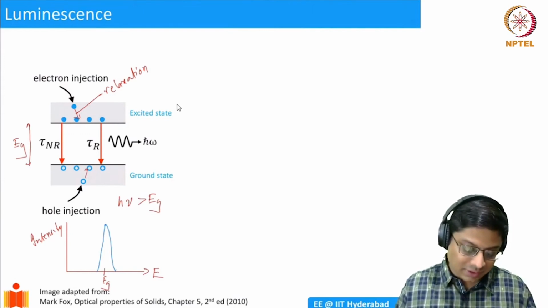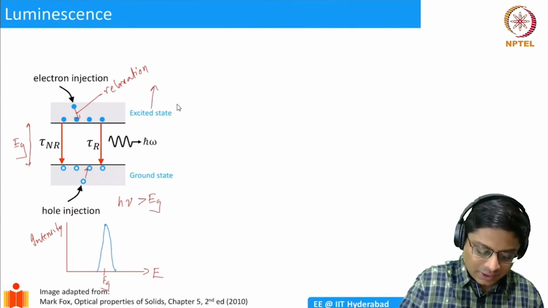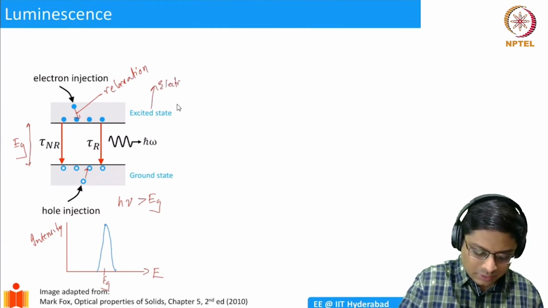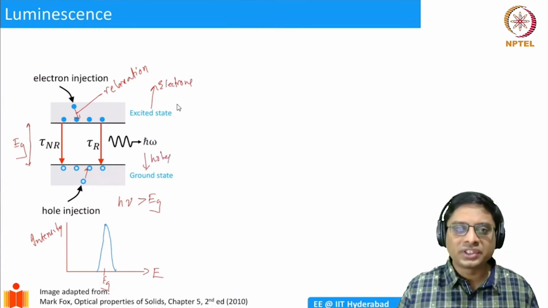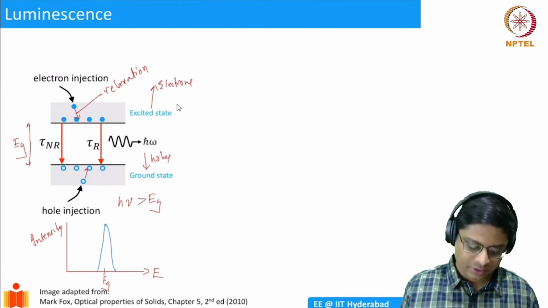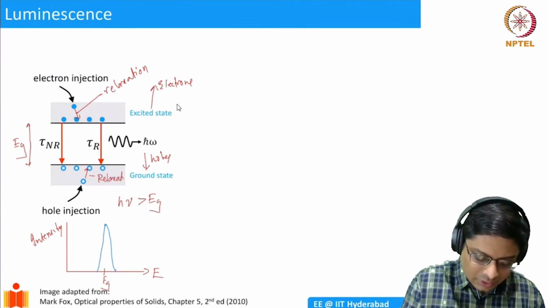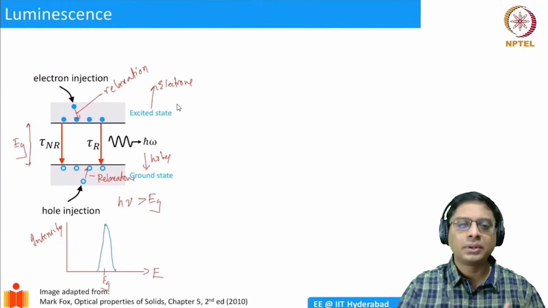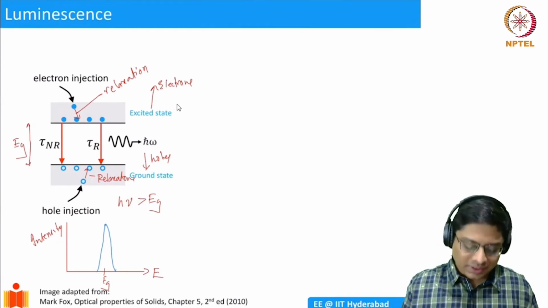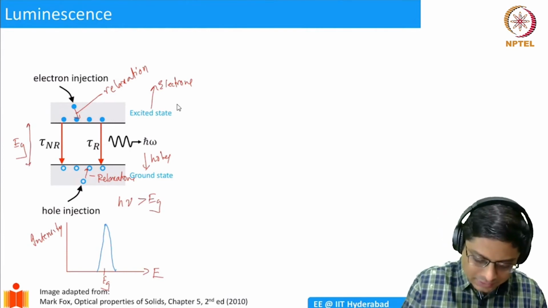Remember always, energy increases for electrons in this direction, whereas for holes, this is the direction of increase of energy. So if the hole loses its energy, it will come closer to the valence band edge. This way it relaxes. Again, this is a relaxation process. It turns out that the excited carriers, or the high energy carriers, will relax and come down to the edge of the band. This is a simplistic picture, but finally what happens is this: